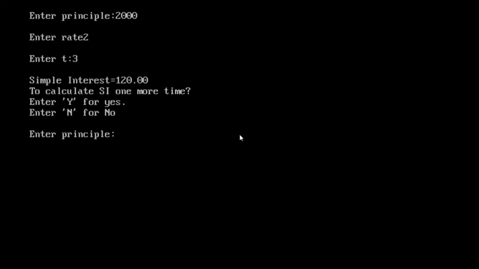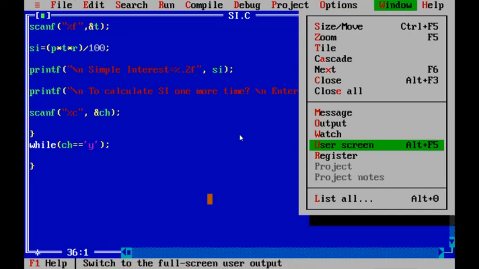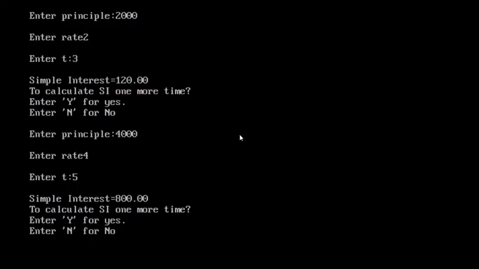Enter the amount 4000, 4, 5. Alt W. This is the program to calculate the simple interest.